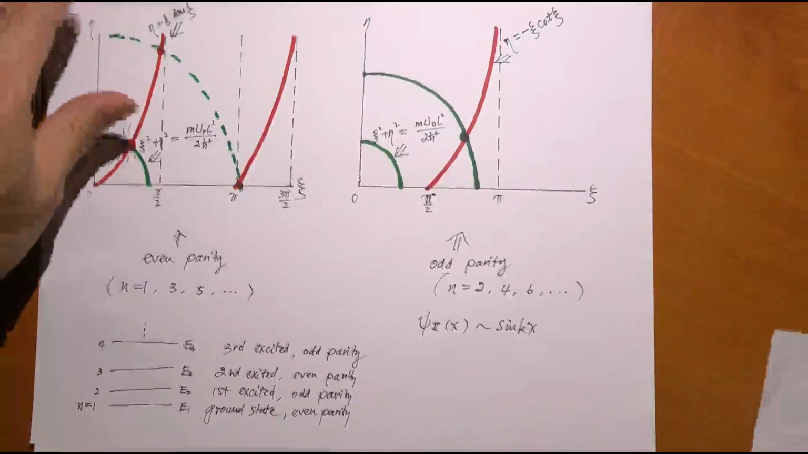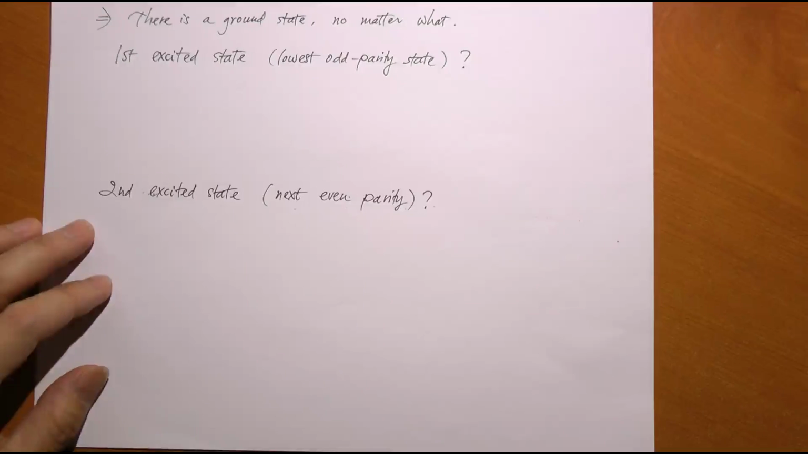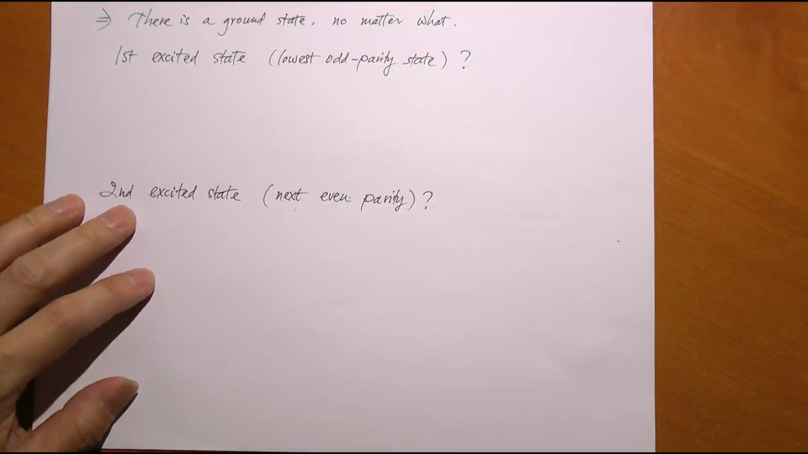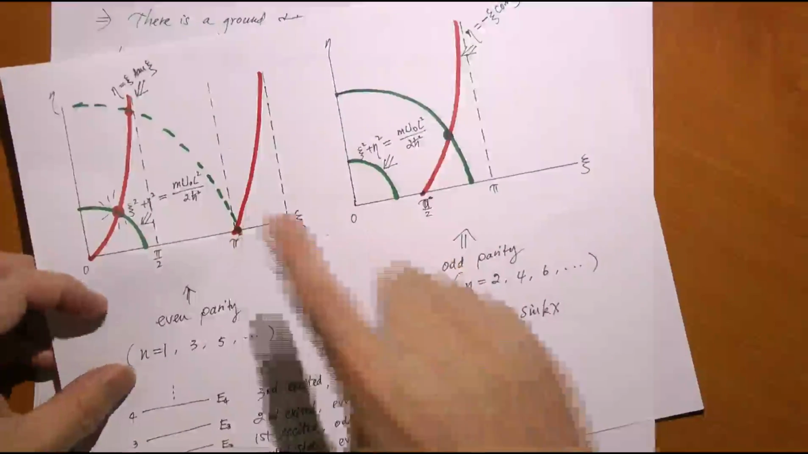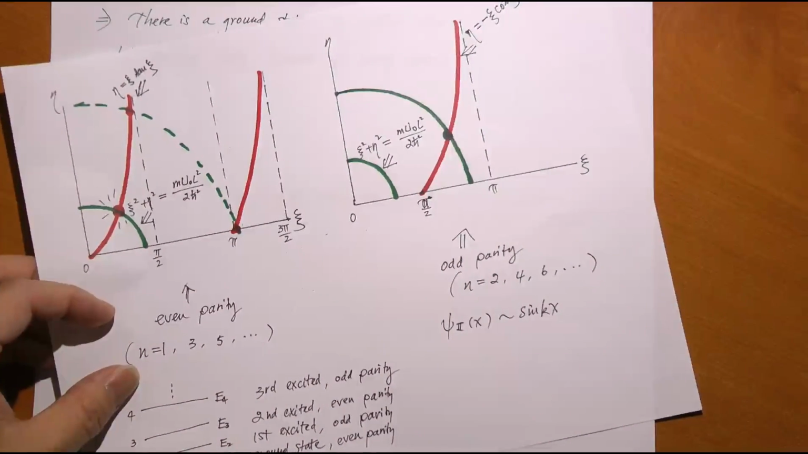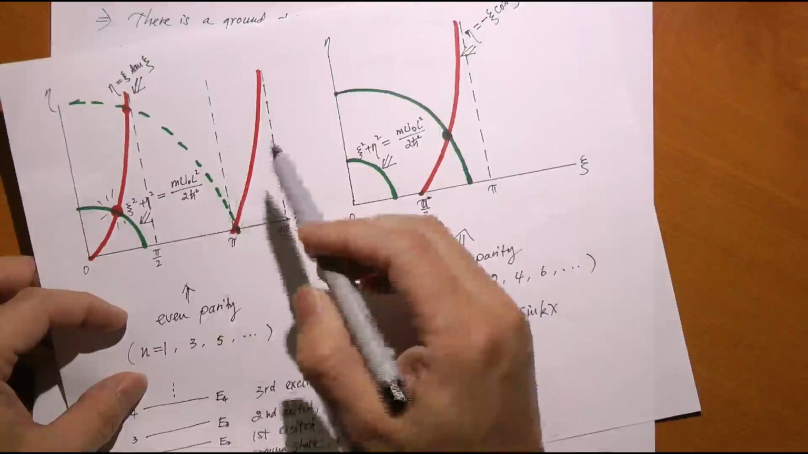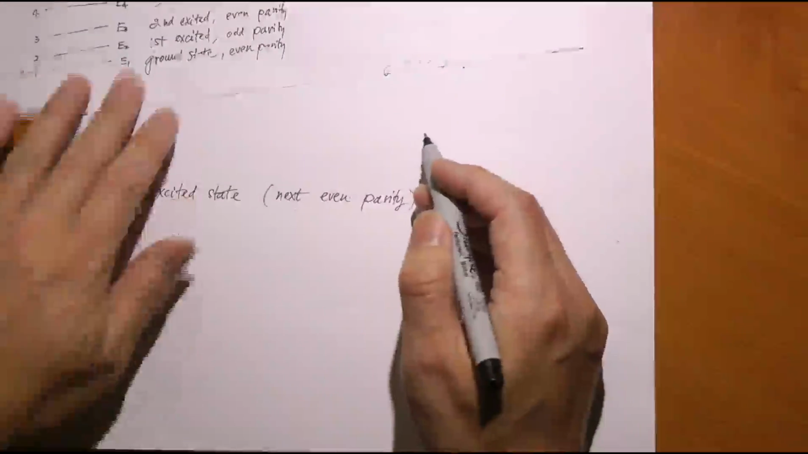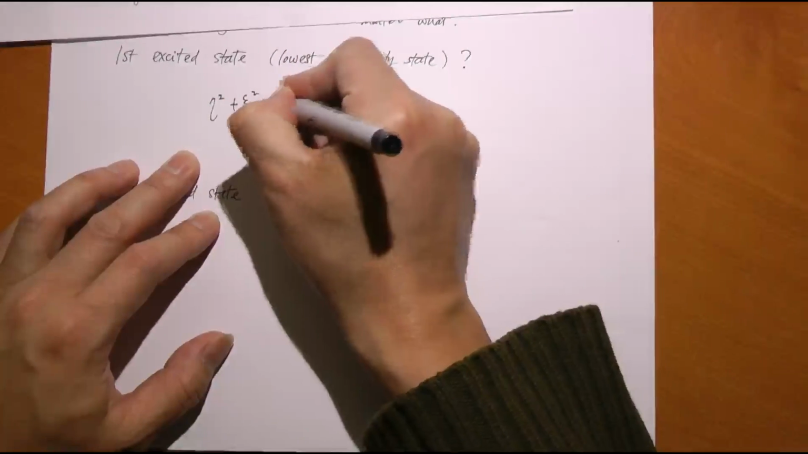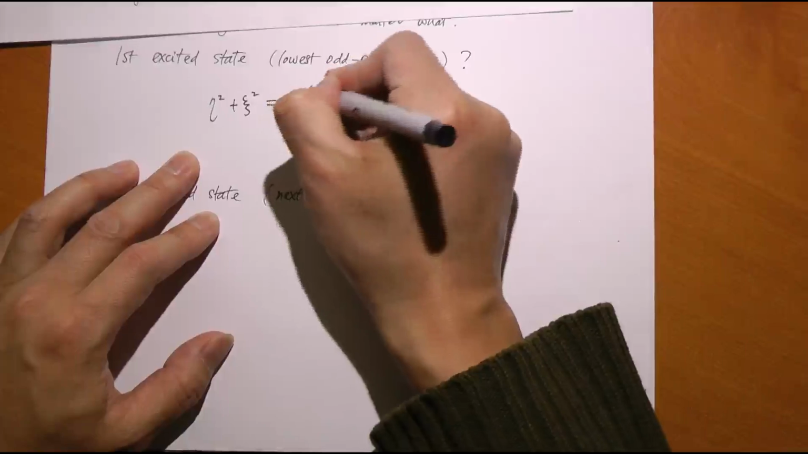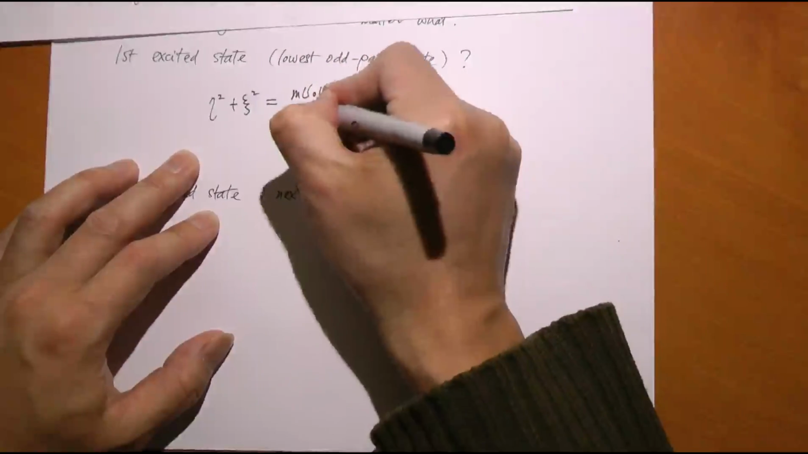Now, to summarize what we discovered, let's write it here again. There is always a ground state, no matter what. The first excited state, the lowest odd parity state, is this one. That tells us that eta squared plus psi squared, which is equal to mu naught L squared over 2 h bar squared,